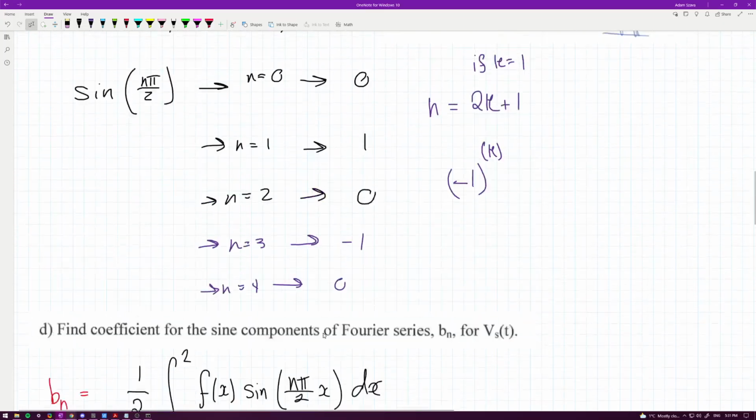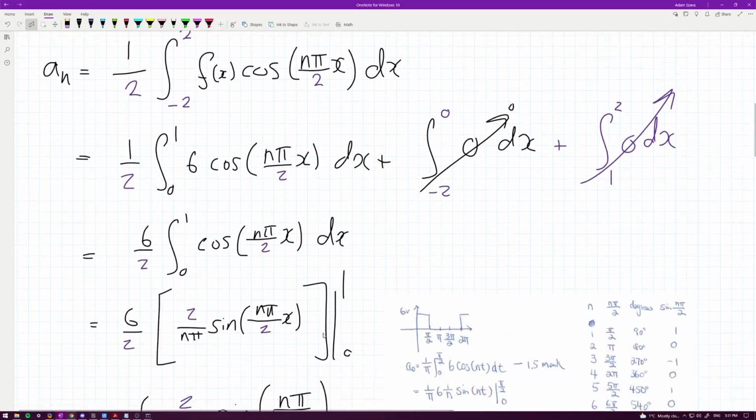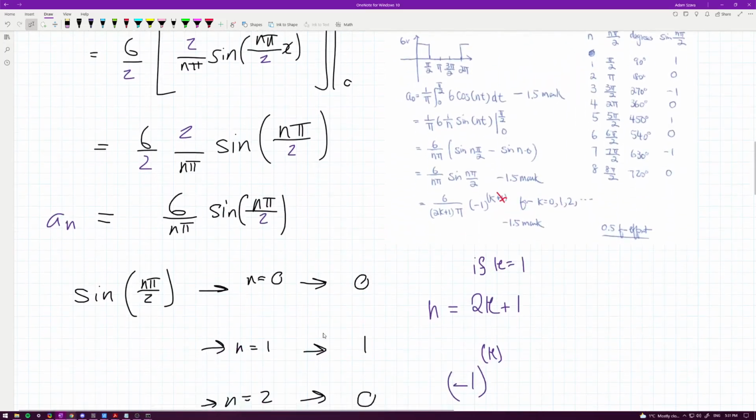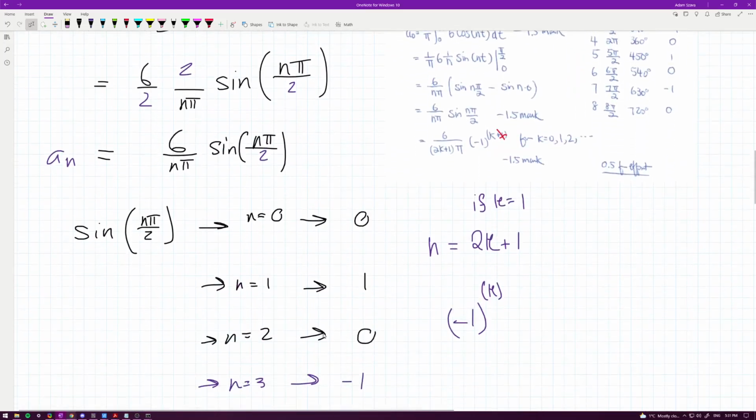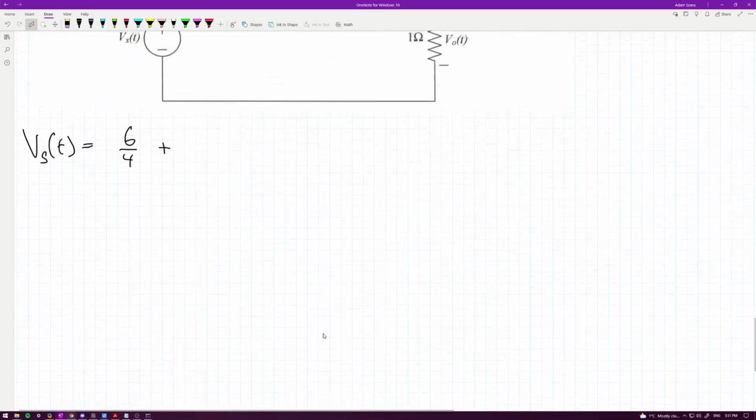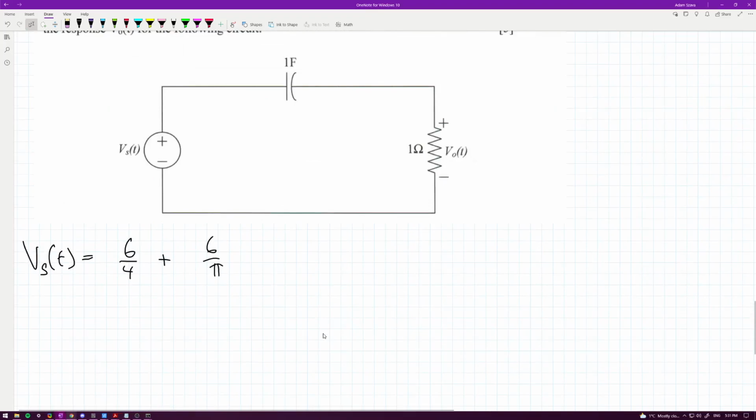Plus the first sine component, so there's our an, so I'm going to set n equal to 1, so it's going to be 6 over pi sine pi over 2 cosine of